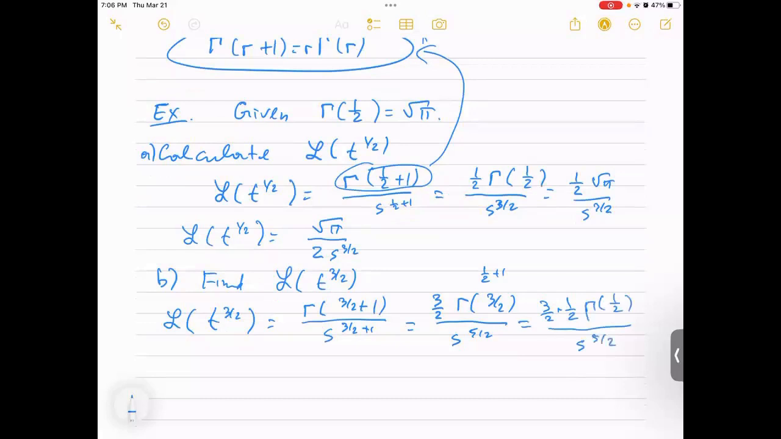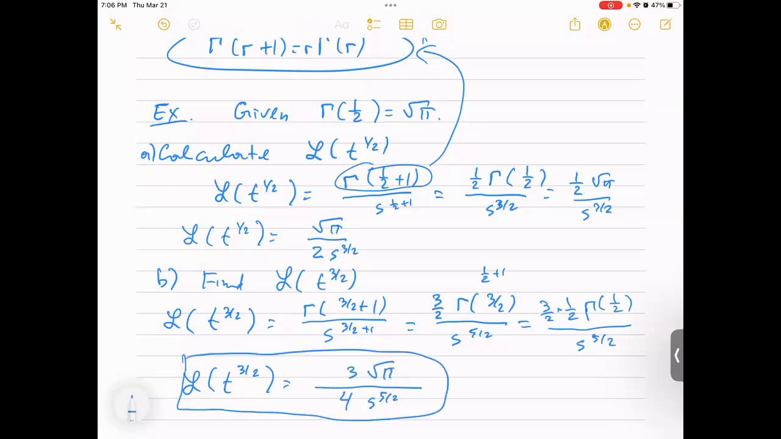So finally, we get the Laplace transform of t to the power of 3/2 equals 3 times the gamma of 1/2 over s to 5/2 on the bottom. 2 times 2 gives 4, which is also in the denominator. 3, and the gamma of 1/2 we were told is the square root of pi. So that will be the Laplace transform of t to 3/2. And before we calculated the Laplace transform of